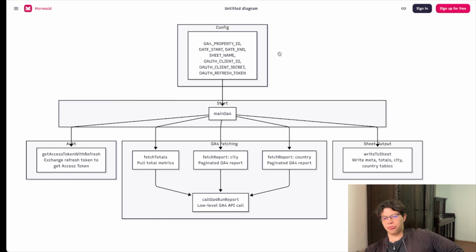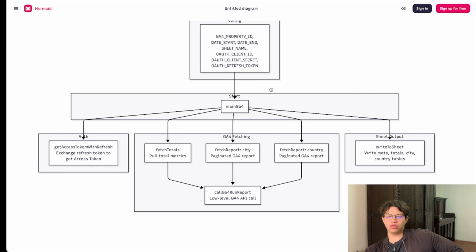So basically, first we need to set up a config variable in Apps Script. I will explain that, but basically this config will have the property ID of the project of Google Analytics. Then we will be able to manage what will be the start and the end of the report that we want to run. Then the sheet name. Then we will have the client ID, the client secret, and the refresh token that you get from Google Cloud. And then once we have all these variables, we will be able to run a report and connect